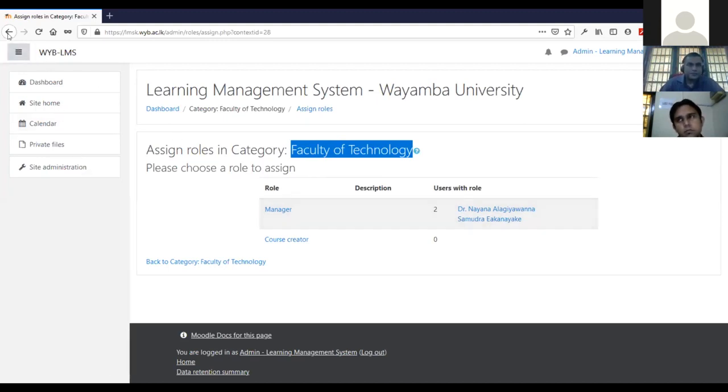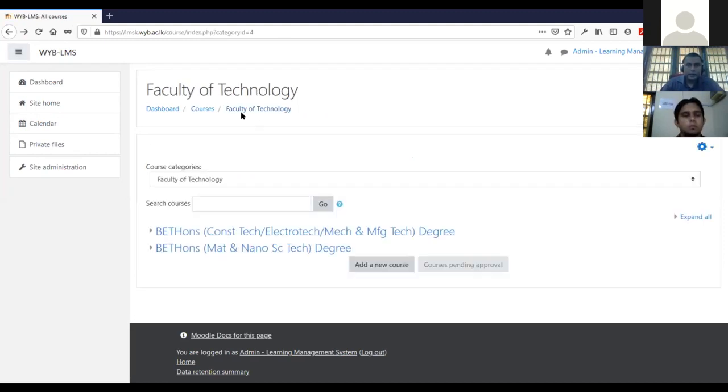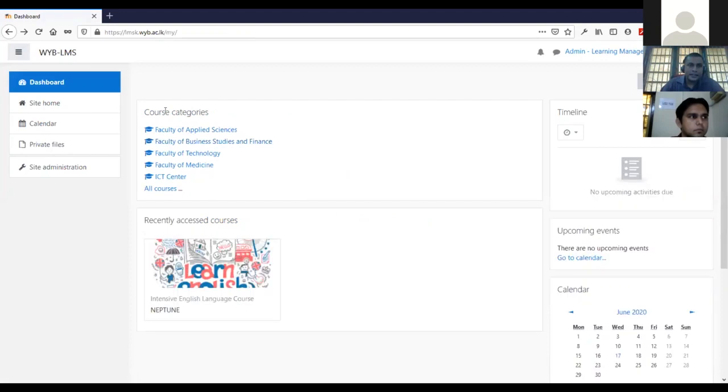So let's go back, and now under faculty of technology, don't worry about how these things are divided inside the faculty, because we consulted the deans and so we got the idea how the faculty needs the things divided, right? So in each faculty the system might be different, the way it displays might be a little bit different, but anyway if we're talking technically, these are these categories, right?